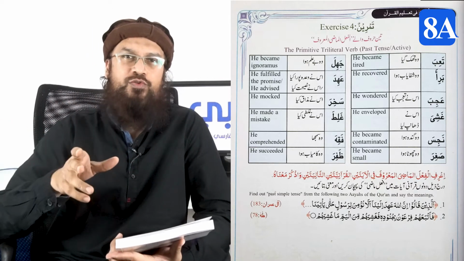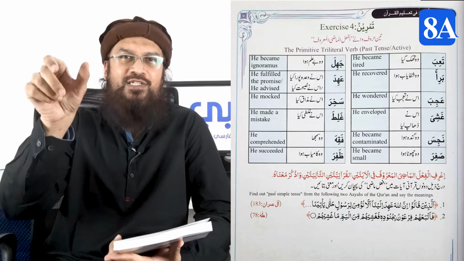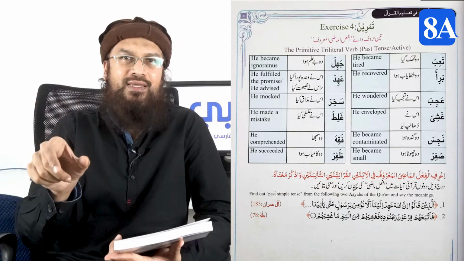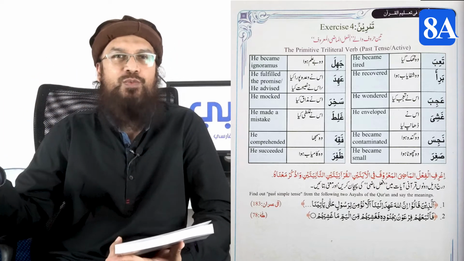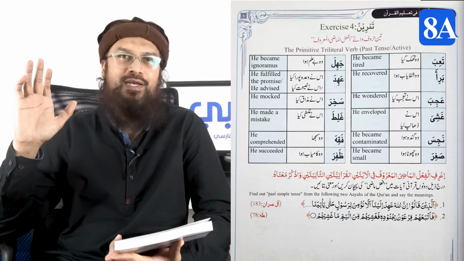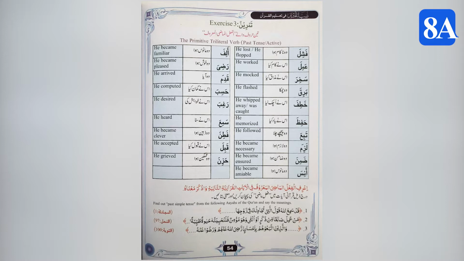Or if a person knows English as a language, he has to just follow the column in English and the translation will be available for him in the Arabic language. So both Urdu and English are translated in parallel columns. I'm going to show you some of the verbs here, as to how they start.